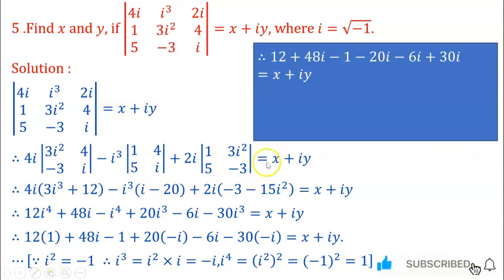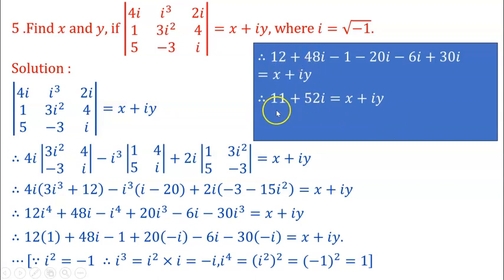plus 48i minus 1 minus 20i minus 6i plus 30i is equals to x plus iy, and after simplification you will get here 11 plus 52i is equals to x plus iy, and hence x is equals to 11 and y is equals to 52. These are the values of x and y,